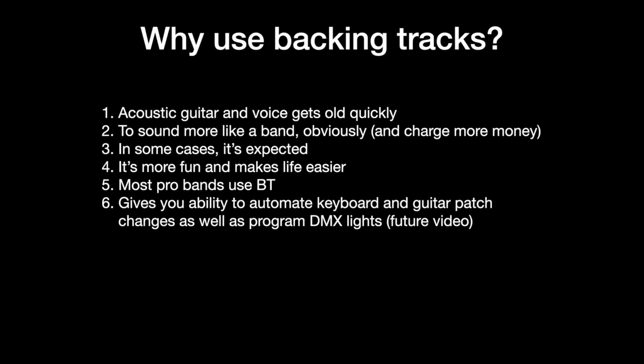The biggest reason for this is that there's a lot of places that want to provide live entertainment, but they can't afford $500 to $3,000 for a band. But what they can afford is to pay you $150 to come in and play for 3 hours. And so by using backing tracks, a single solo performer can sound more exciting, sound more like a band,